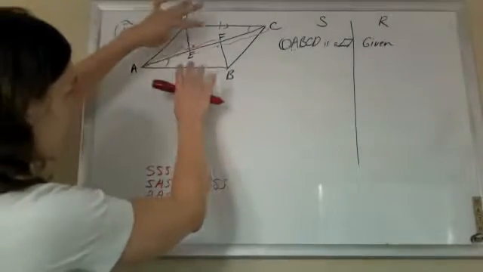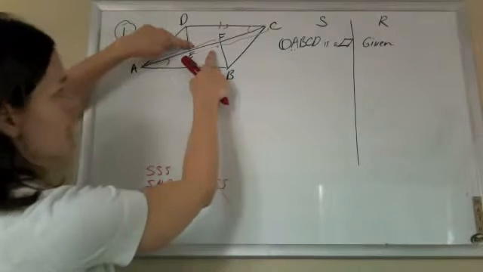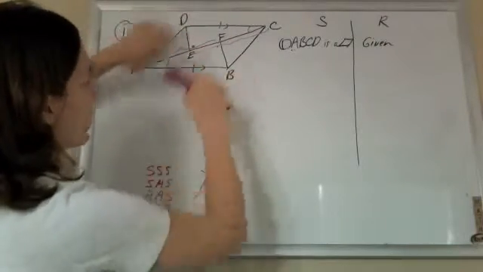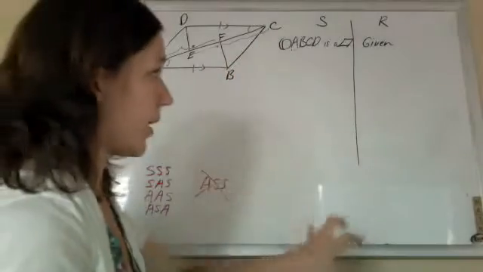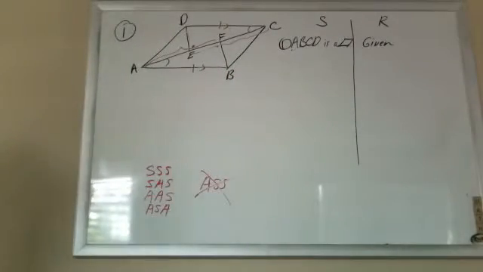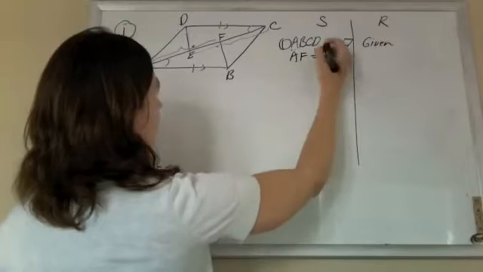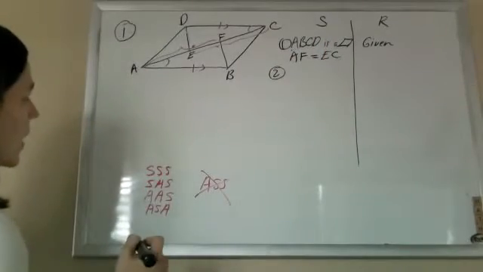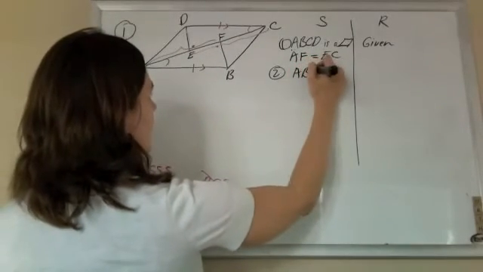Because once I can prove the side, angle, side, then I'll have these angles by CPCTC, corresponding parts of congruent triangles are congruent. And then I'll have these lines parallel because of my parallel theorems. And so now you just have to write out everything we just said. So we've got our given, and our given was that AF is congruent to EC. Our next step was saying that AB is